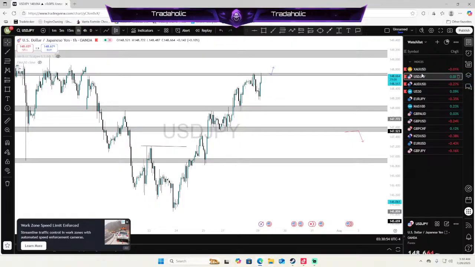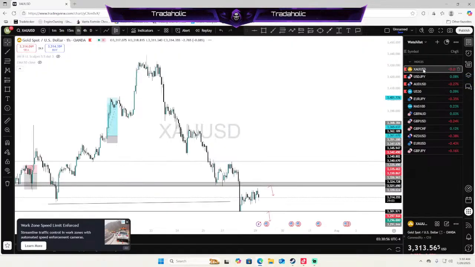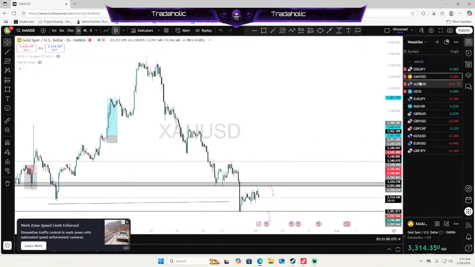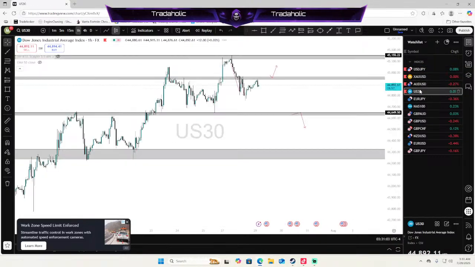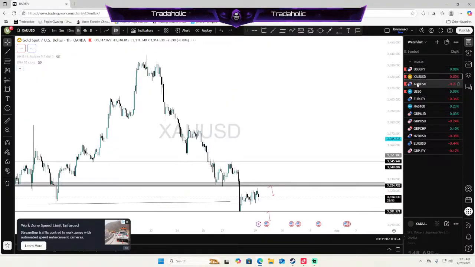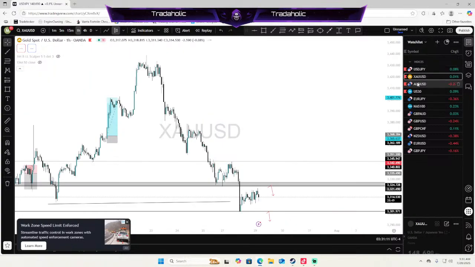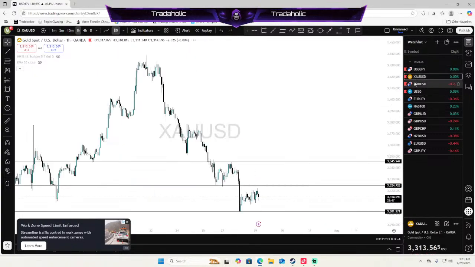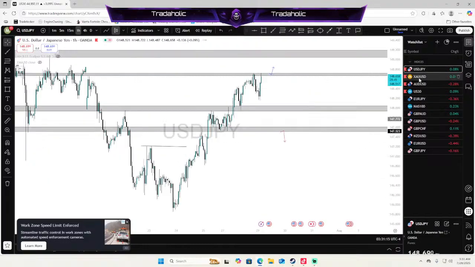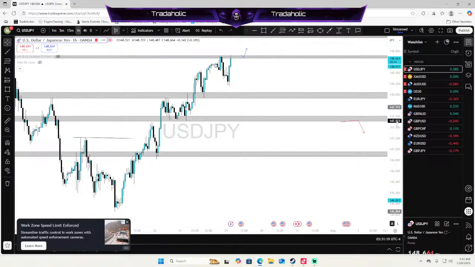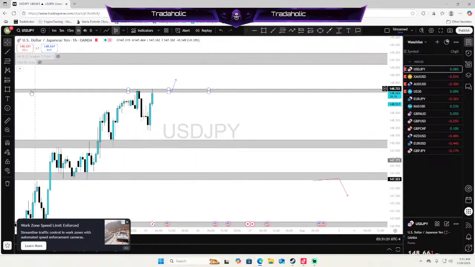So let's move USD JPY up. Gold will be my number 1. UJ will be my number 2. Actually, UJ will be my number 1. Gold will be my number 2. AU will be my number 3. US30 will be my number 4. So this is what I'm looking at in order of the best to the worst setups, but still all A+ setups. So for a 1 hour closure above this area on USD JPY, we get a 1 hour closure above.